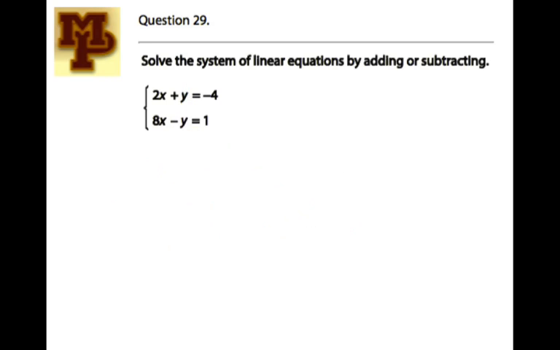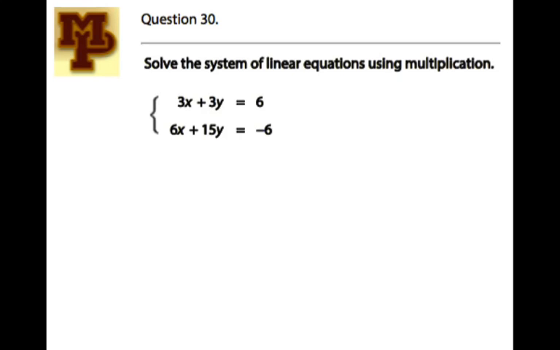Alright, last one for the championship. Let's see, 30. Okay, so this one we have to use multiplication, so we have to come up with a plan to eliminate the x's or the y's. So I'm going to try to eliminate the x's, and I'm going to multiply by negative 2 on both sides. The reason why I'm doing negative 2 is because I would like the top to be negative 6x and the bottom to be 6x, and that way we can add them together. So this is going to be negative 6x,